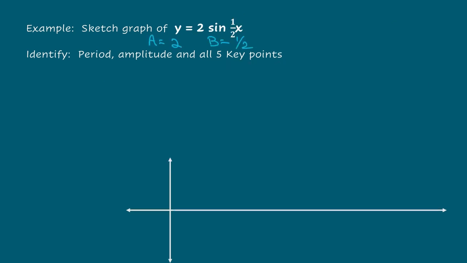All right, let's do another example. In this example, our amplitude, absolute value of 2, our amplitude is going to equal 2. So we're only going to go to a maximum value of 2. I'm going to go down to a minimum value of -2 in this graph. Our period